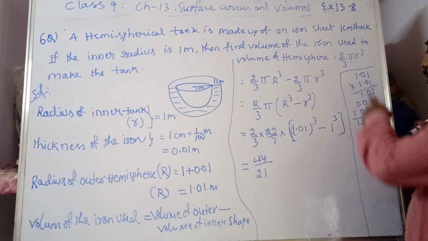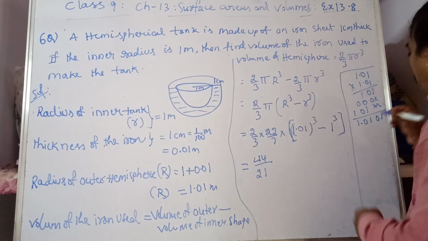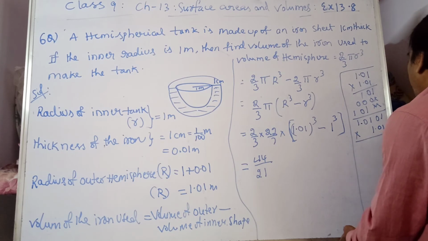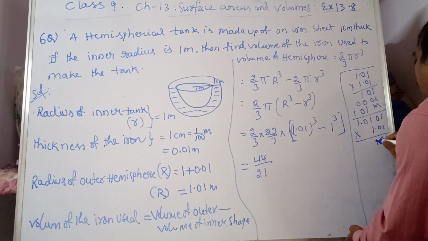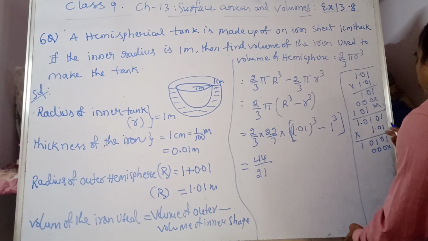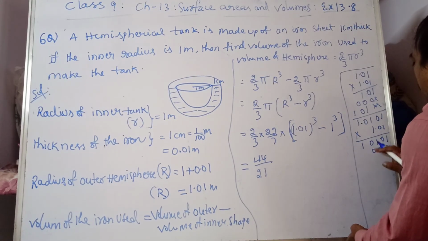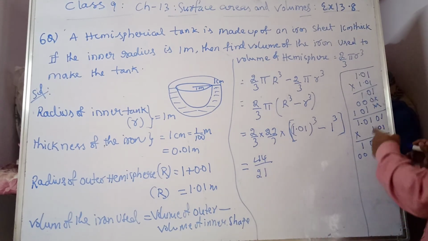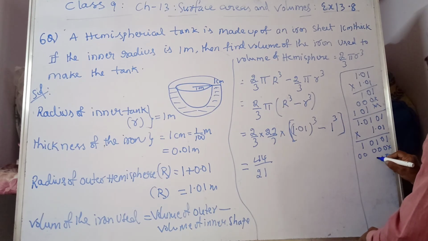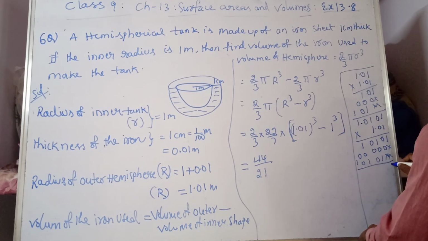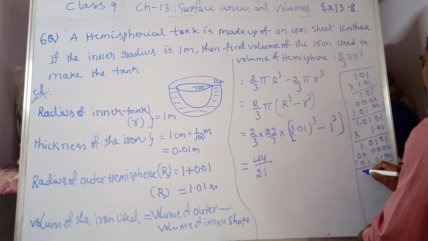1.0101, that is for 2 times. Now we have to multiply one more time with 1.01. Now 1 one is 1, 1 zero is 0, 1 one is 1: 1 0 1. Next 0 0 0. Next, 1 one is 1, 1 zero is 0, 1 one is 1: 1 0 1. So next 1 0 1 0, 1 plus 1 is 2, 0 1.